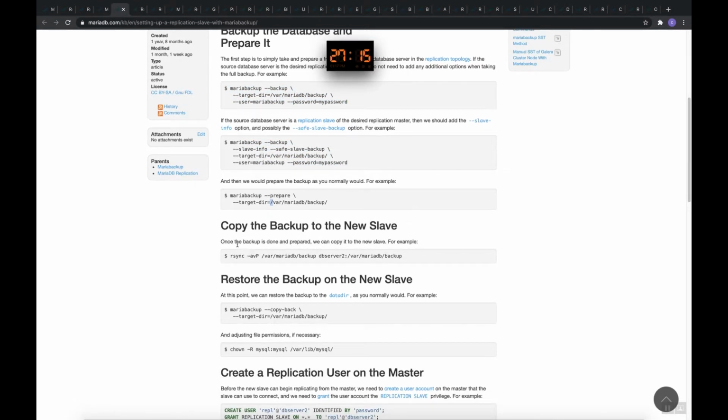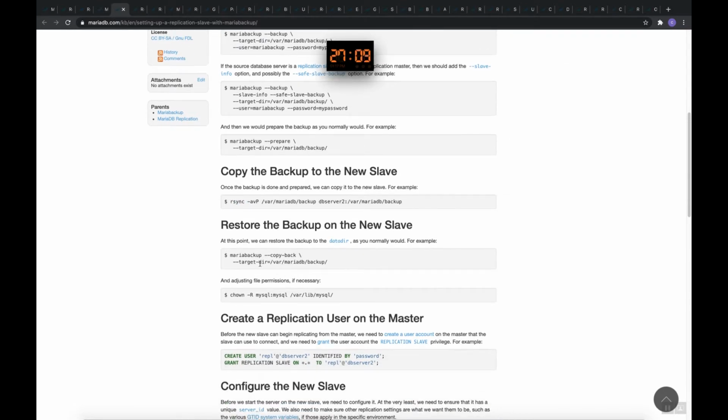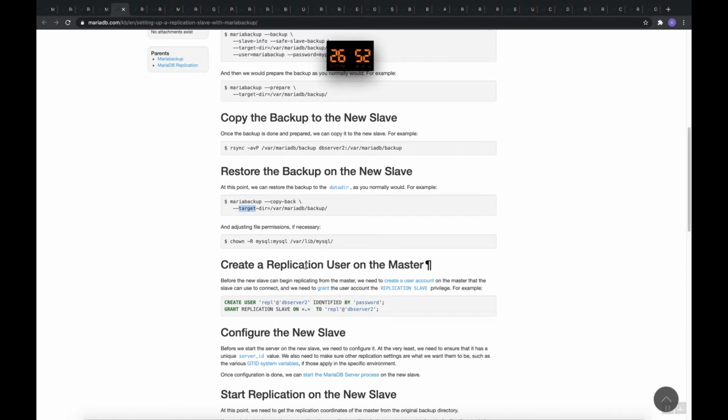Then you copy the backup to the new slave and use the resync command like this. What the resync command does is catalog your backup pieces, and then you use the mariabackup command to copy back to the target directory, so your data files are in the MariaDB data directory.